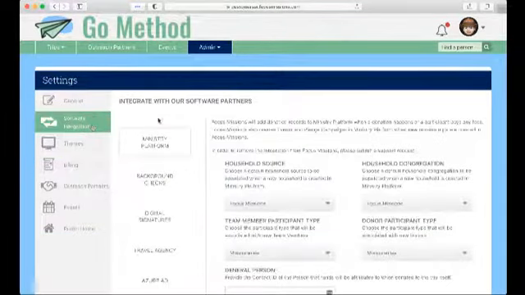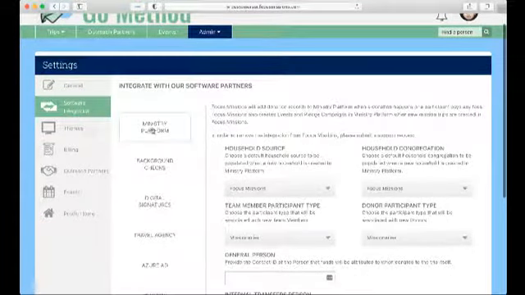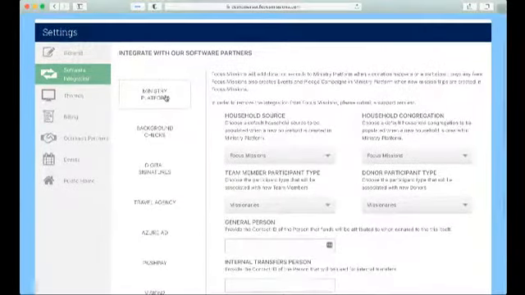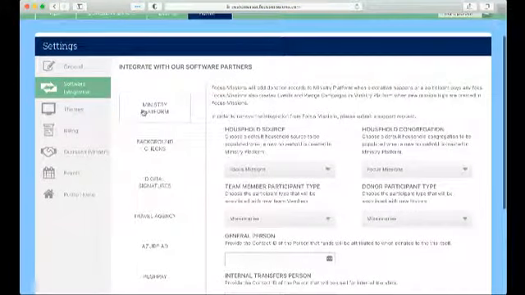Software integration, key one here is your CHMS or any other platform that your organization uses to integrate with Go Method. Right here we're using Ministry Platform, but this could be Fellowship One, this could be Planning Center, this could be a variety of the ones that we integrate with. You would want to go here and then select whatever is appropriate for your organization and the settings of your